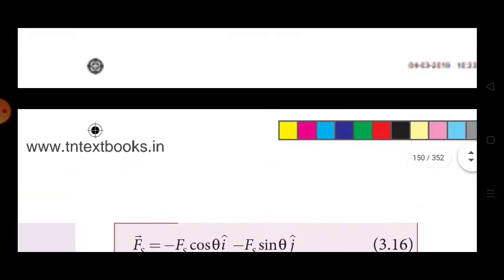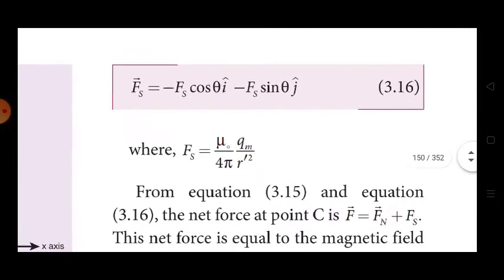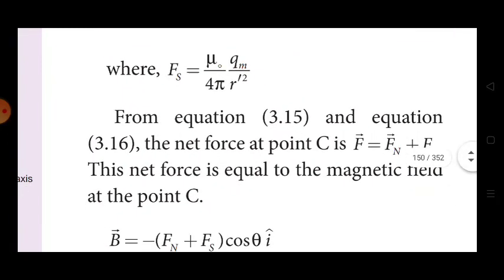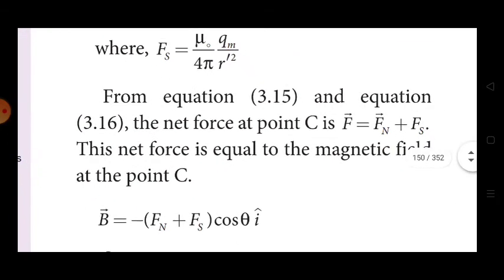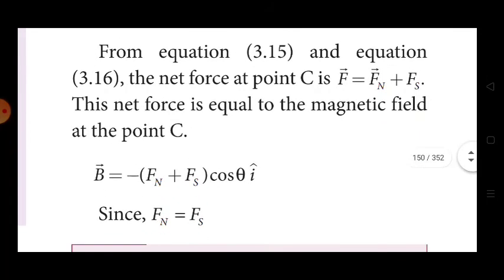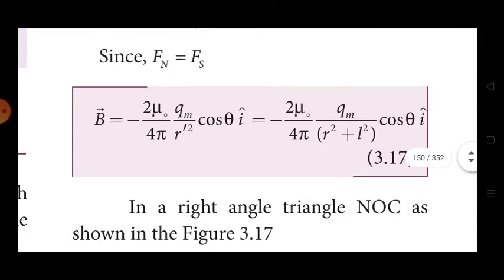Go through it clearly. I hope that you are mathematics students. It's very easy. So force of south pole is mu naught by 4 pi, Qm by r dash square. Now we have to add both the derivatives. So, since force due to north pole is equal to force due to south pole, we got